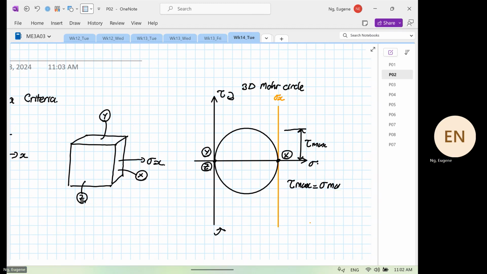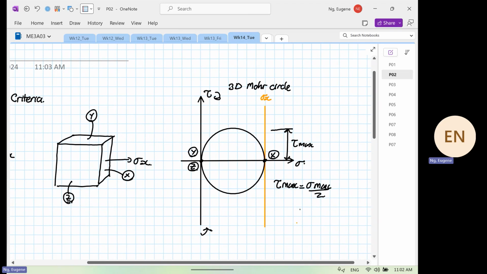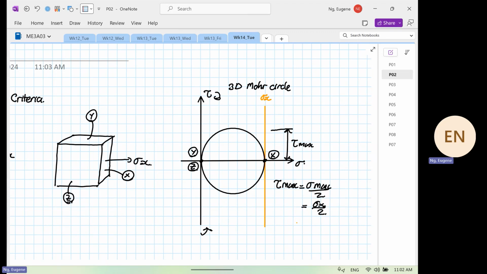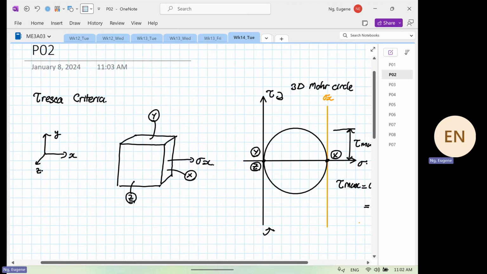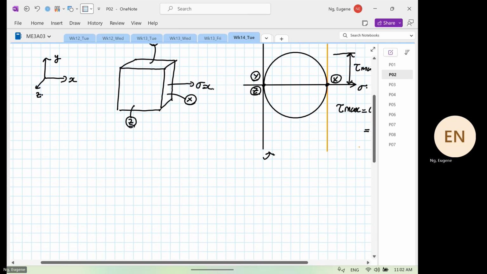Stress max divided by 2. And for this case, stress max can also be equal to stress x divided by 2. Okay, so this is the one condition. The next condition we have